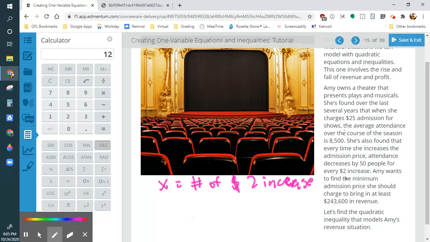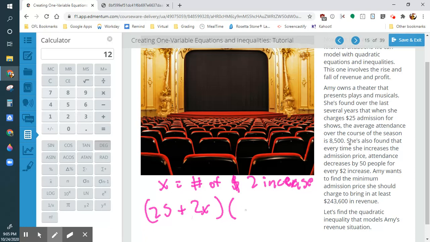So what we're going to do here is her current price is $25 plus 2x. So if she doesn't increase the price at all, it's just $25. But if she increases it one time, her new price is $27. But every time she does this,